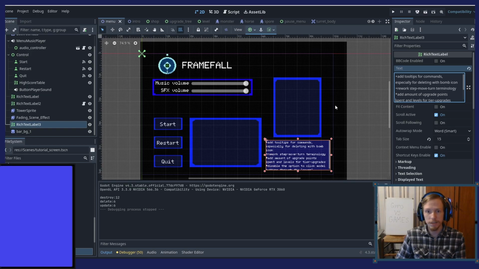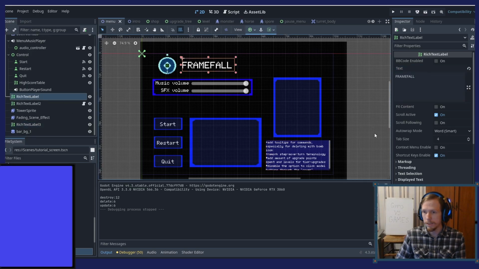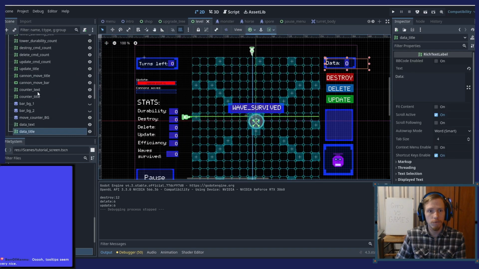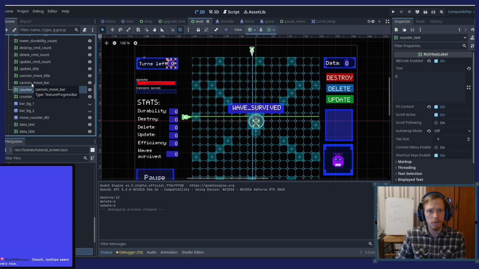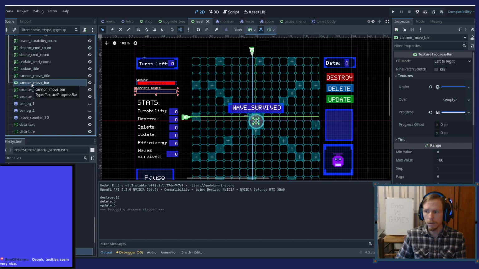How you can do them, it worked for me for rich text label, for bars, I think for a lot of things.